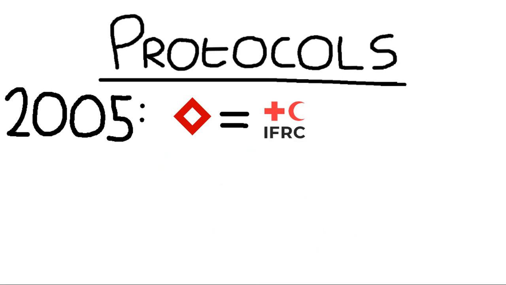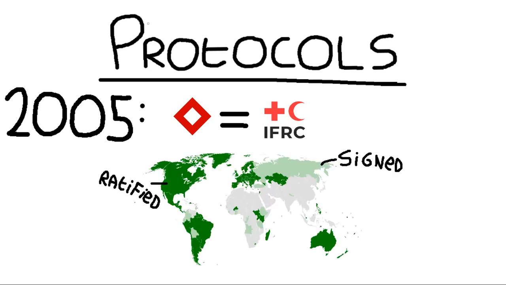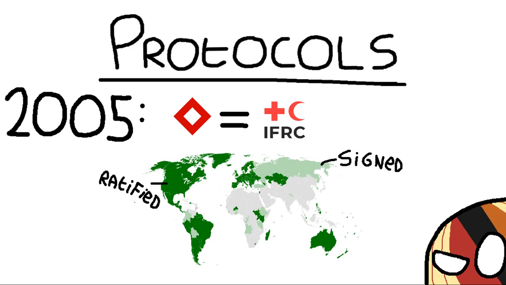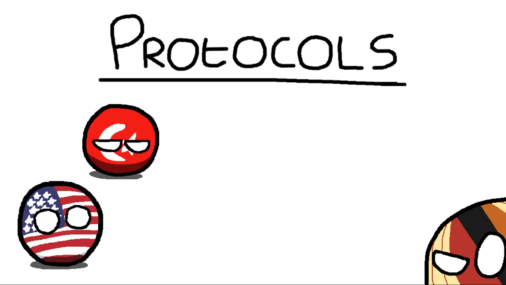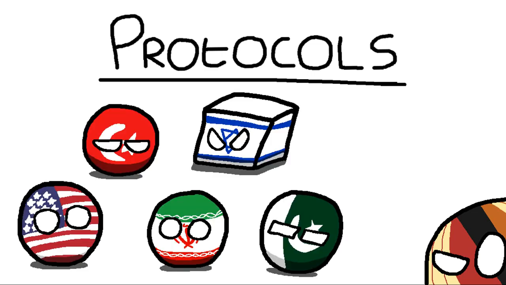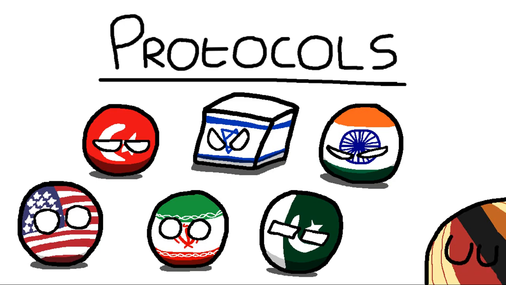And the third protocol was made in 2005 and said that the red crystals serve the same function as the Red Cross or Crescent, meaning that these are humanitarian workers and that it would be a war crime to kill them. It was ratified by all of these nations. Now, the third one is probably the least important because I don't blame you if you have never heard of the Red Crystal before. So just looking at the first 2 protocols, some notable non-ratifiers include the US, Turkey, Israel, Iran, Pakistan, and India. Now, I'm not saying that these countries are prone to commit war crimes or anything, but... well...